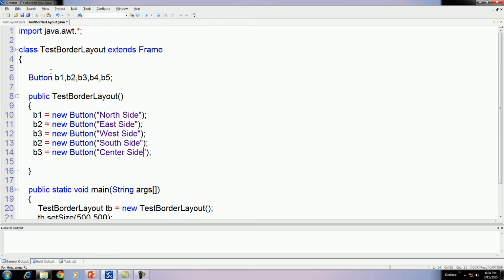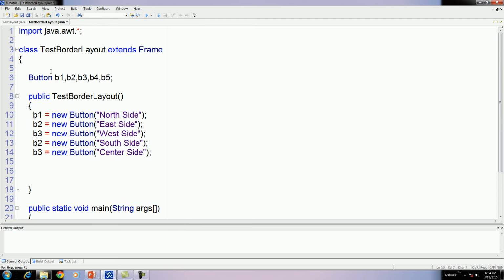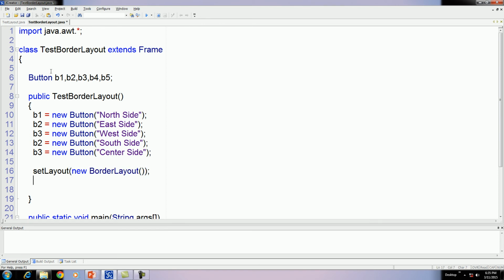Now set the layout to the given frame or container by using the method setLayout. Simply call the constructor. After that, place all these controls. B1 is placed on the north side.